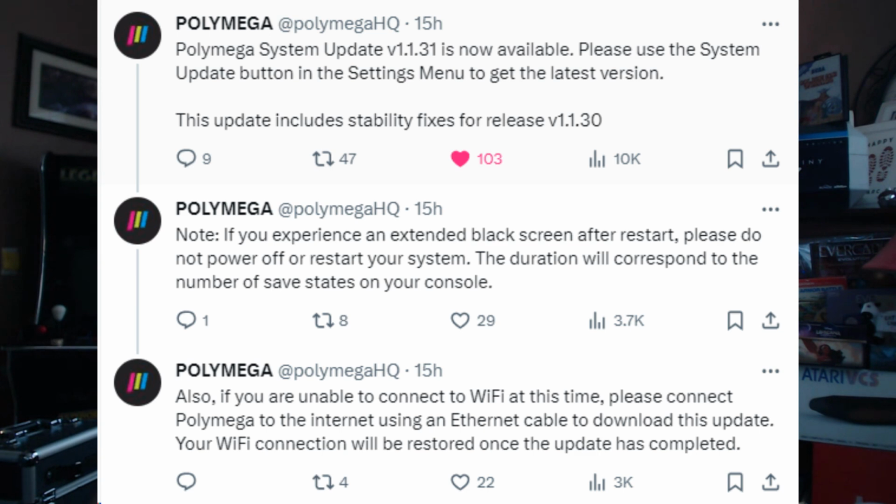All right, cool. So we move on to, also, if you're unable to connect to Wi-Fi at this time, please connect the POLYMEGA to the internet using an Ethernet cable to download this update. Your Wi-Fi connection will restore once the update has been completed. So that might have been another bug in the 1.1.30 update, but I'm not sure, because I didn't either A, connect my POLYMEGA to the internet yet, or B, of course, then update to 1.1.30,